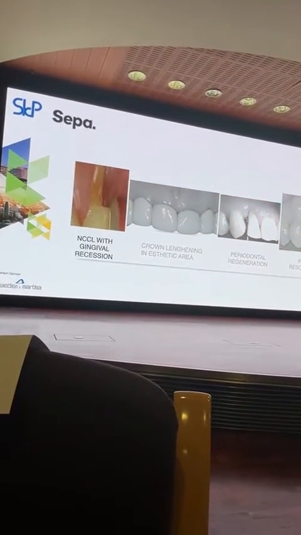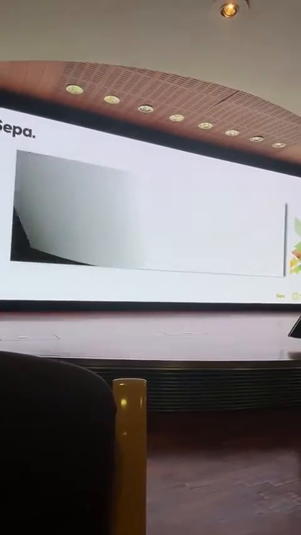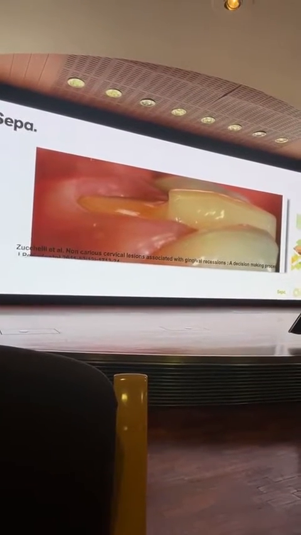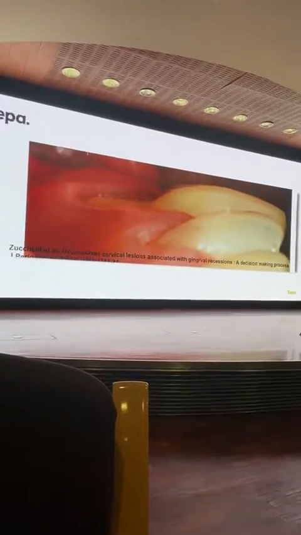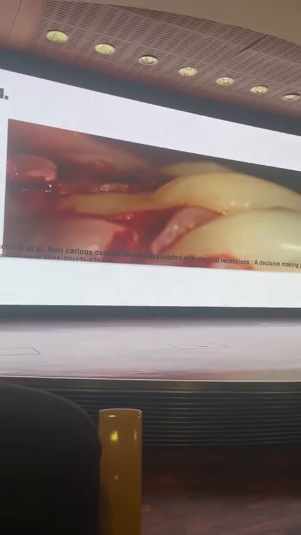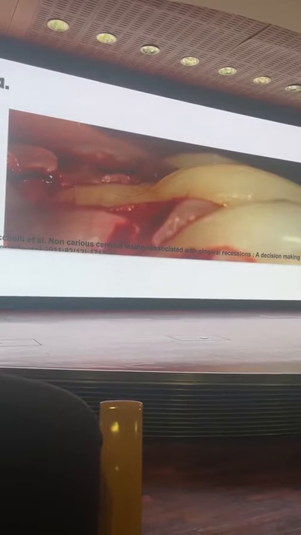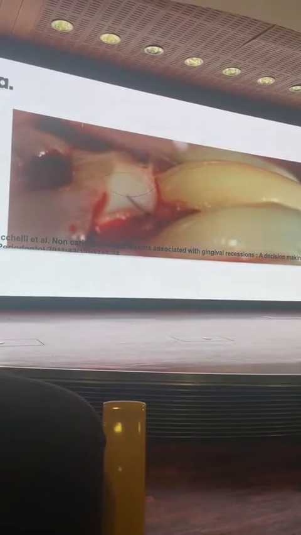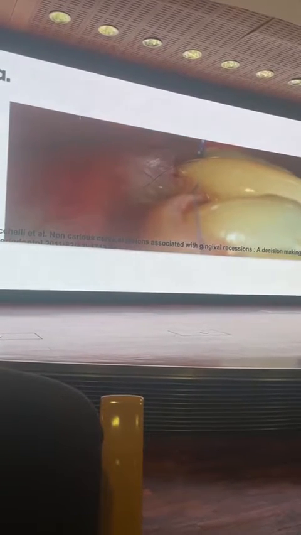And we can start really from the beginning, when the idea was that if there is a tooth that has no carious lesion, because you see that there is not only gingival recession, we have to restore this tooth first, and we have to give the right emergence profile. So this is done before whatever type of surgery we make, and then in relation to the amount of keratinized tissue we have, in relation to the depth of the concavity we have at the level of the root, we are used to using or not the connective tissue graft, and then the coronally advanced flap to completely cover it,